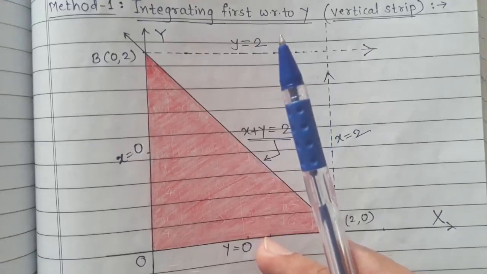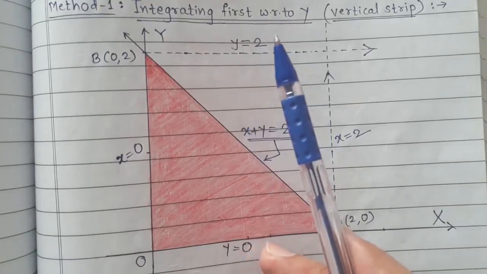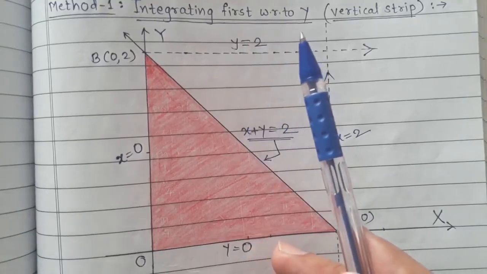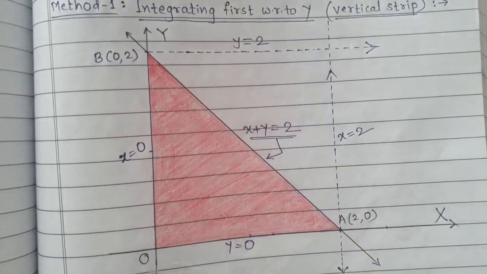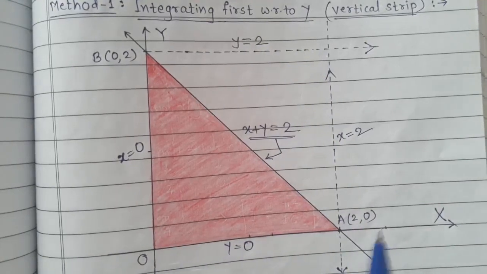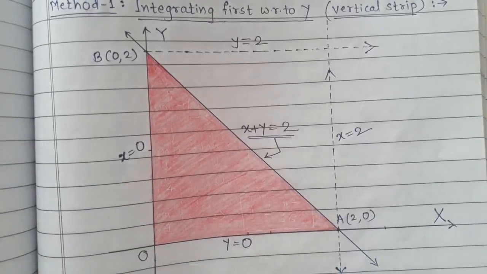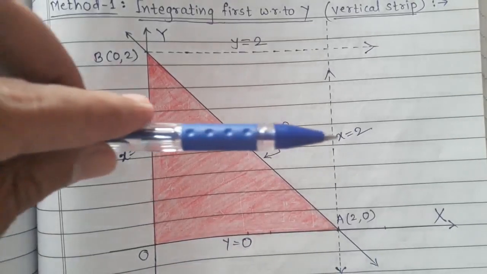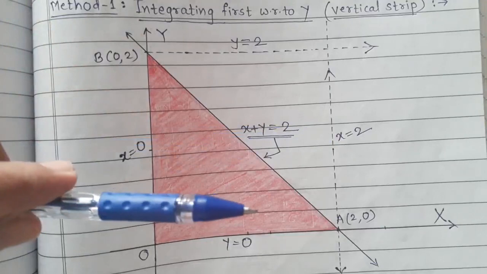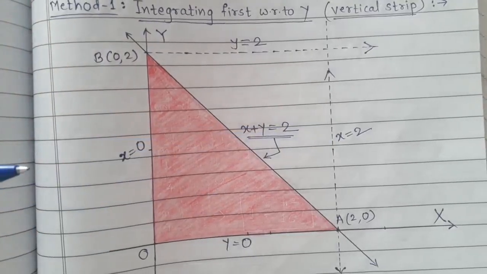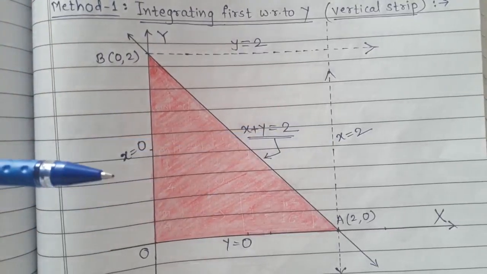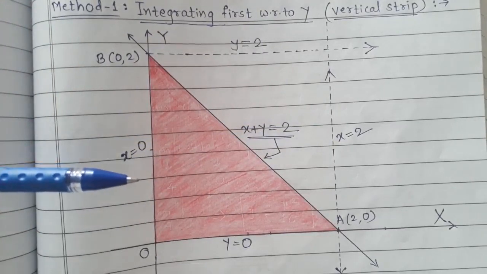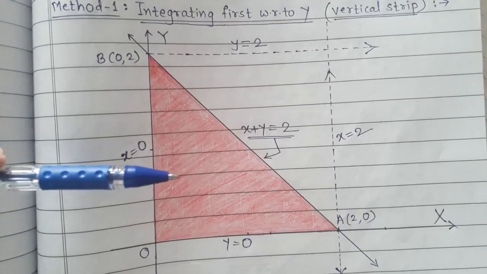Now if we consider the second case, that is first integrate with respect to x, but as the x-axis is a horizontal axis, therefore we have to consider the horizontal direction, and x increases from left to right, so we will consider the left to right direction. Now, same region, if I fire the bullet from the left side,